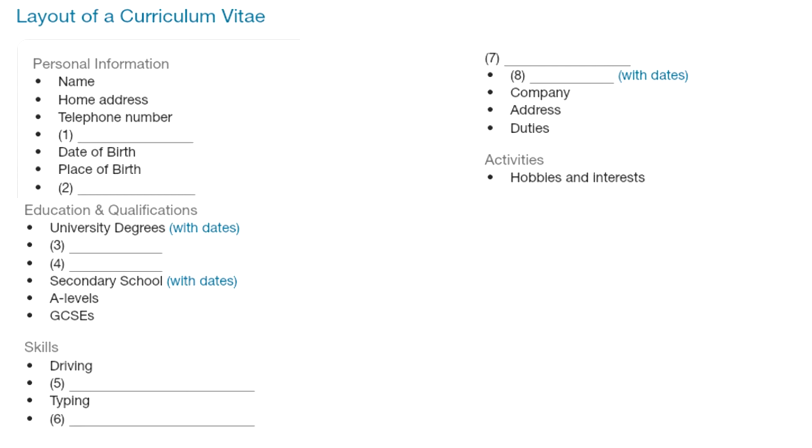Okay, now your next heading should be skills. Here you should list any skills you have that are relevant for the job you're applying for. Things like driving, computer skills, or typing, for example. If you speak any foreign languages, this is also the place to mention them. After skills, the section we have here is